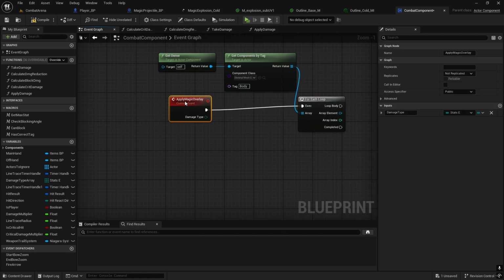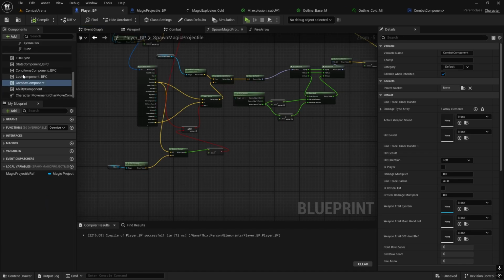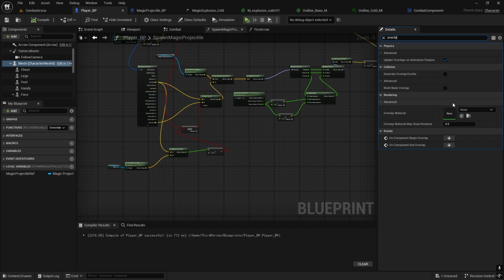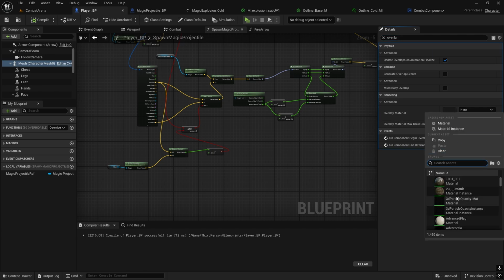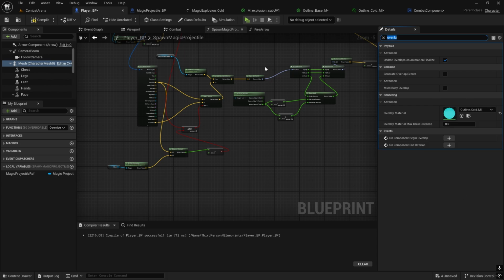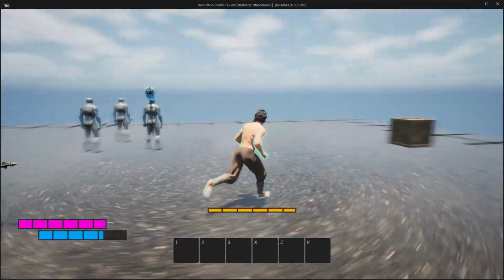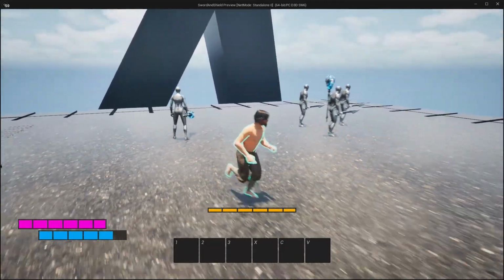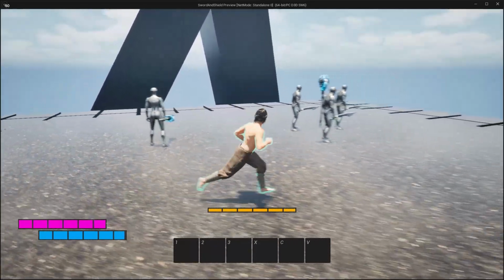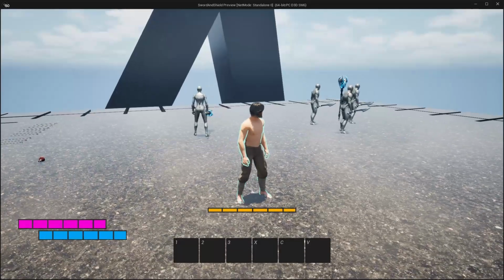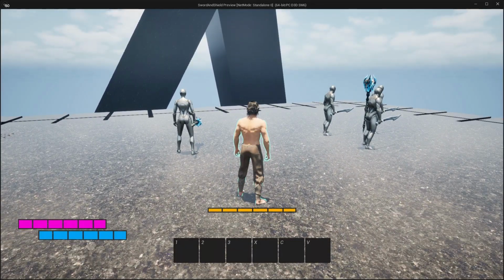And we want to apply overlay material, which is basically, you can check it as well. If you go to player and mesh, and here search for overlay, you do have a material that you can apply as an overlay. So if I add this called outline and play the game, this is the outline I will have, like this around the character. As you can see, a little bit shiny, and we will apply it only for about 1 or 2 seconds on the enemy when we hit them with an appropriate magic projectile, and then we will fade